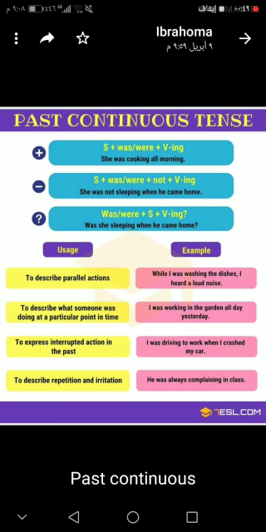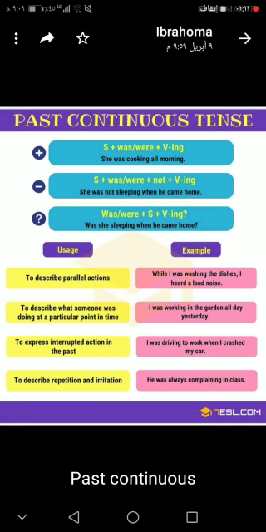The form of the past continuous is usually subject plus was or were plus verb plus ing. The subject is divided into two: the subject is either a noun or a pronoun. Plus was for singular, and plus were for plural, plus verb plus ing. Example: